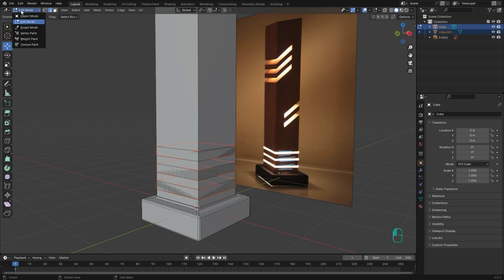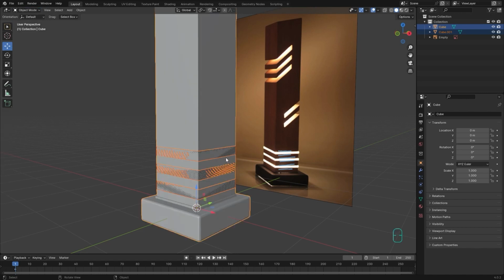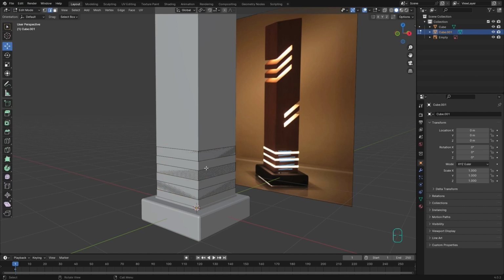And if I go back to object mode and select this face and go back to edit mode, right now I only work on these faces and I can't work on this cube. It doesn't matter where I click, I can't work on this. And in a complicated object that has a lot of different parts, separating your object is going to be really useful. So I go back to object mode,